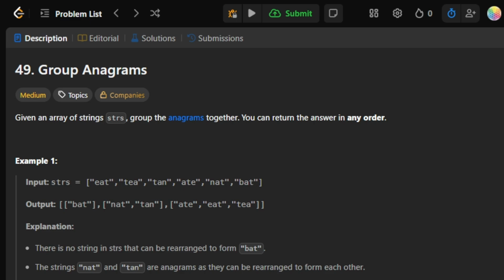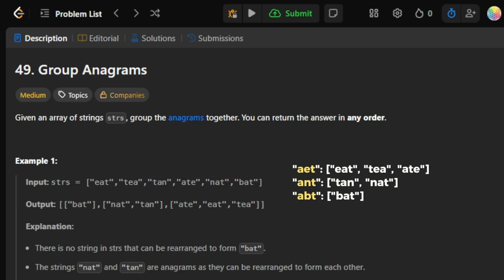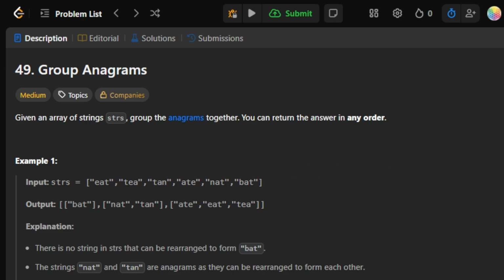Grouped based on the character content, two anagrams will result in the same sorted character string. We can use the sorted word as a key and group all words by that key using a hash map. Let's walk through a simple example before we jump to code. Sorting each word gives aet for eat, aet for tea and so on. When we group by these sorted keys, eat, tea and ate go under aet, tan and nat under ant, and bat is under abt. That is the structure we'll build in the code.